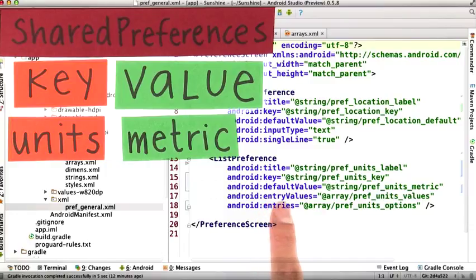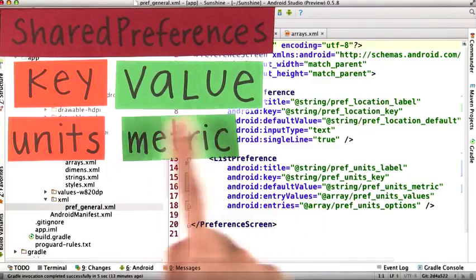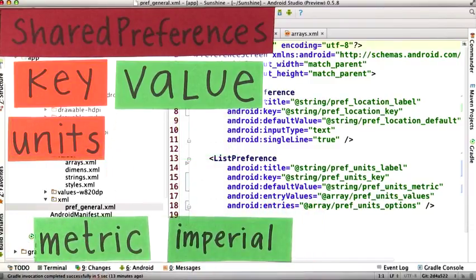The preference also wants to know the list of all possible values here. The two possible values are metric or imperial, so we pass those in as an array into entry values. Now these are just constants for use within the logic of our app. These are not the user visible strings. So we need to create entries, which is an array of user visible strings that maps to each one of